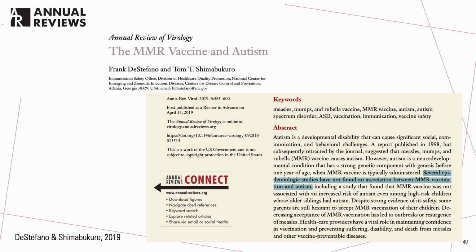So here's a screenshot, if you're interested, of a recent paper that did a review on the history of how this myth of vaccine causing autism came about, and some of the more recent research that shows that this is actually not true. I find that this particular journal and this type of review, under the Annual Reviews journal, they have a lot of really thorough but understandable and digestible papers,